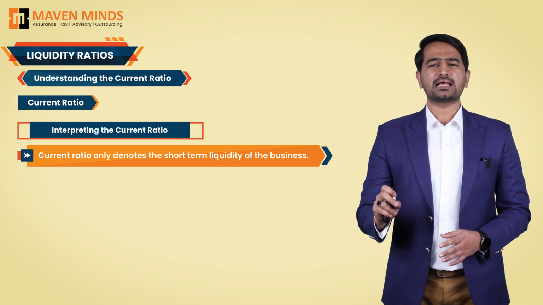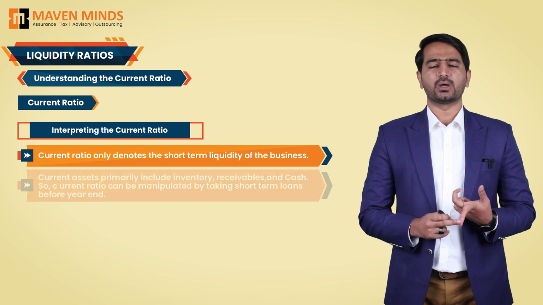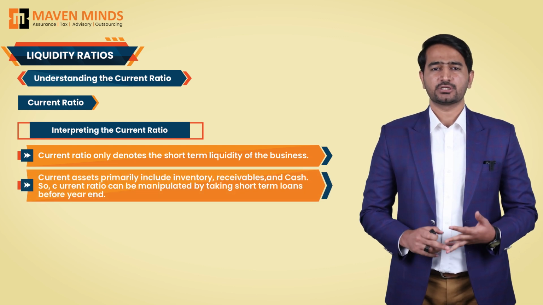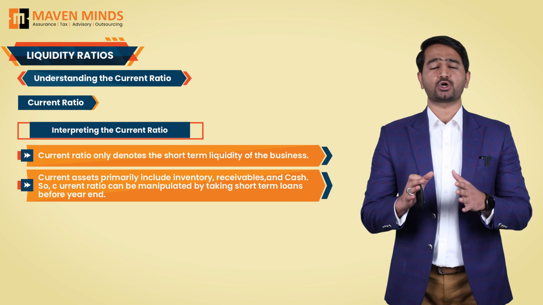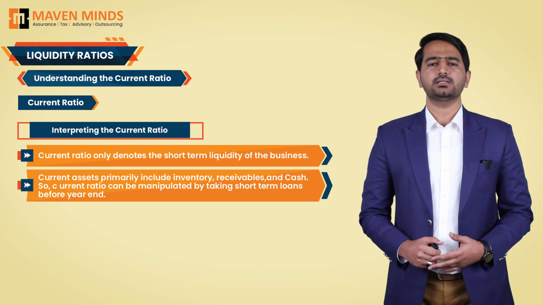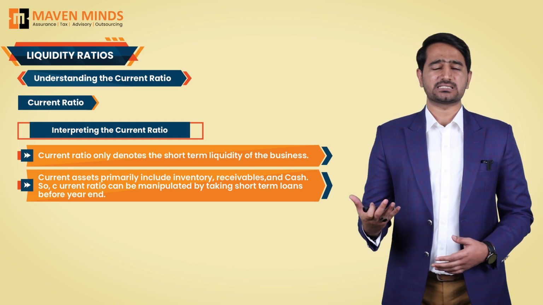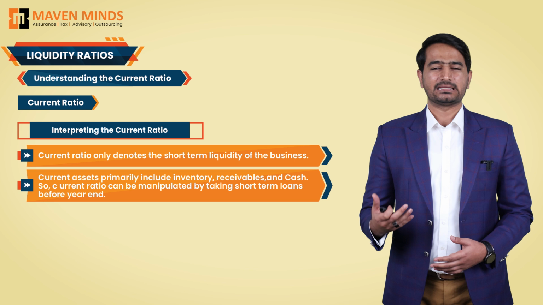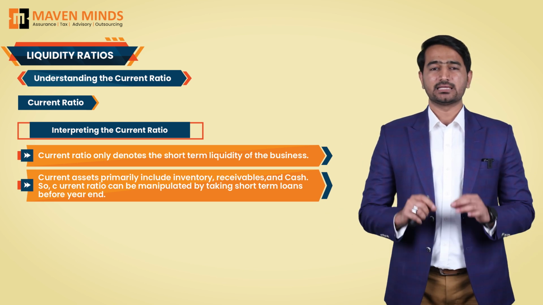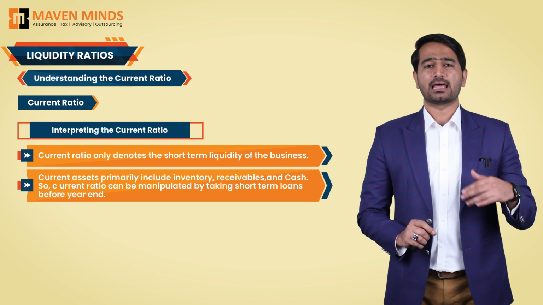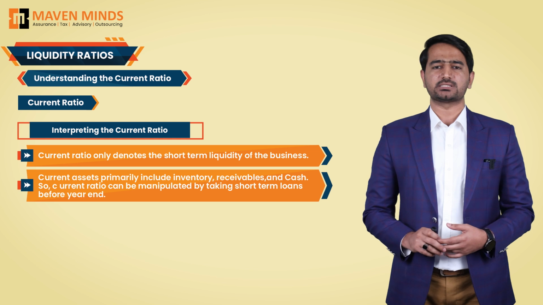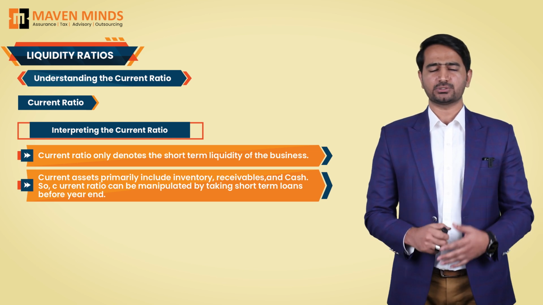Typically, your current assets primarily include inventories, receivables, and cash equivalents. So it is easy to improve your short-term liquidity position simply by taking out a loan. For example, if you observe in the financial statements while solving a question that the company has taken a fresh loan towards the end of the year, this will beef up your cash, and hence your current assets will appear more than adequate compared to your current liabilities, showing off a good liquidity position.